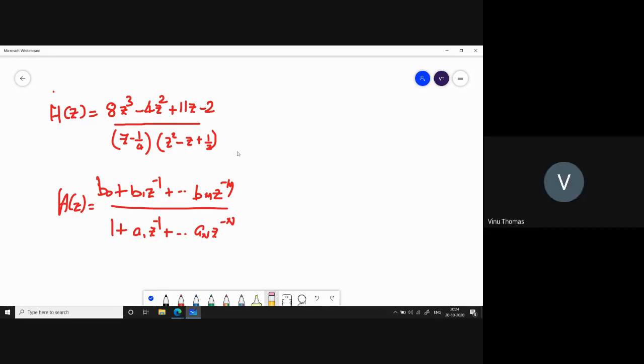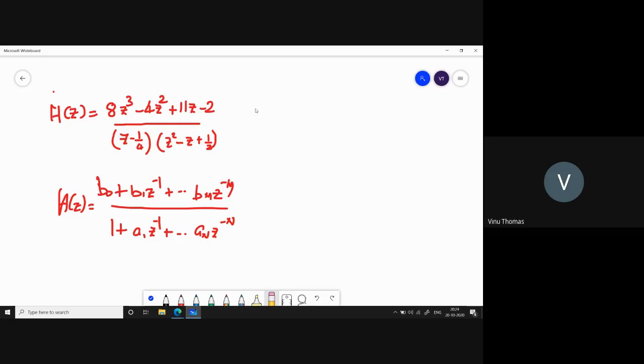Why do you need to multiply this by Z raised to minus 4? Because you see that this can be the constant b0. So you only need to multiply this by Z raised to minus 3, right? Okay. So multiply numerator and denominator by Z raised to minus 3. Even if you multiply by Z raised to minus 4, you are going to get the same result, because you can finally cancel out one more Z raised to minus 1 from all the terms. So multiply by Z raised to minus 3. What did you get?